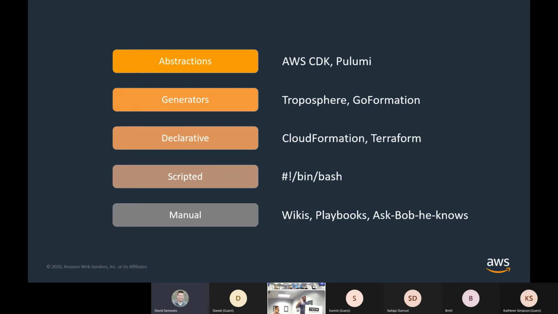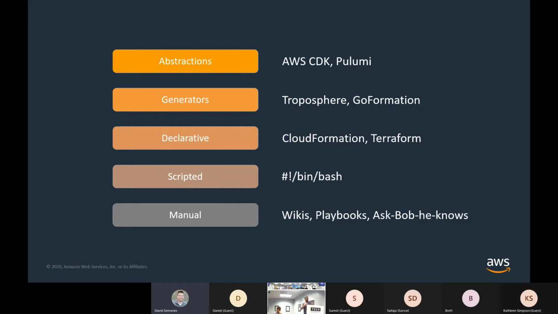What these do is allow you to take an idea of a collection of cloud services and bundle them together into an abstraction. So instead of just saying, here's an S3 bucket and an API Gateway API, a Lambda function, and maybe a Route 53 entry as separate things, you could bundle all those together with specific properties and say, this is a static website. If someone wants a static website, they just get a static website. They don't have to think about the underlying components that are needed to make that work.